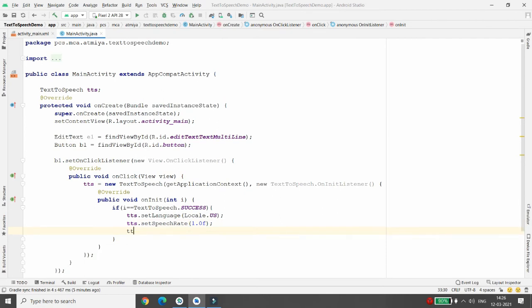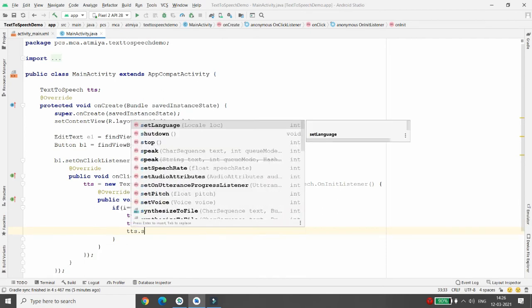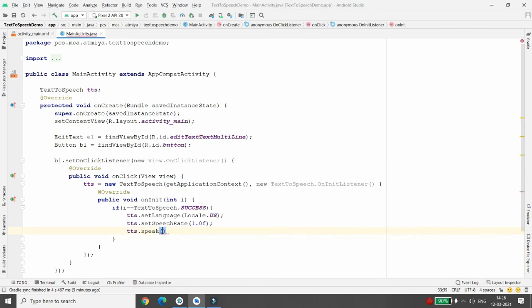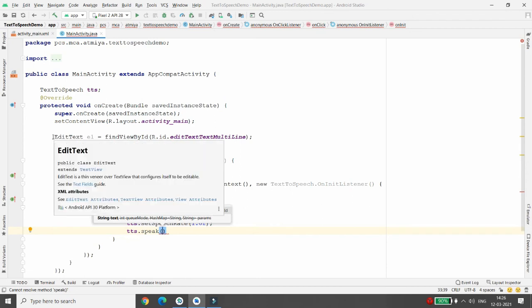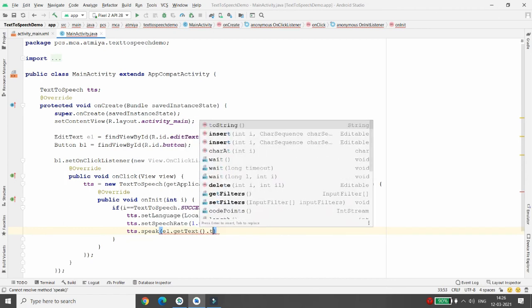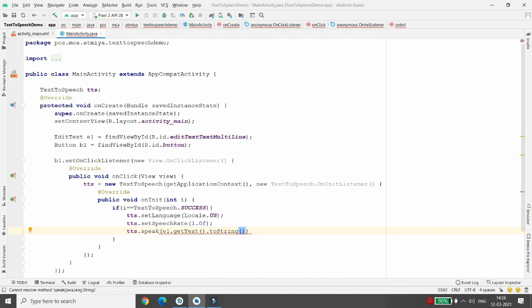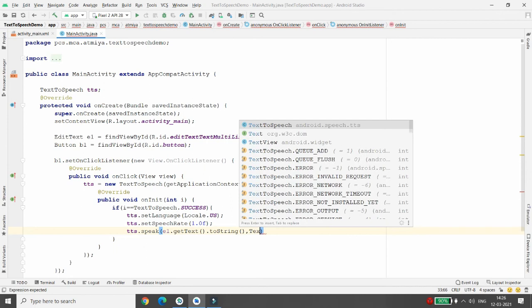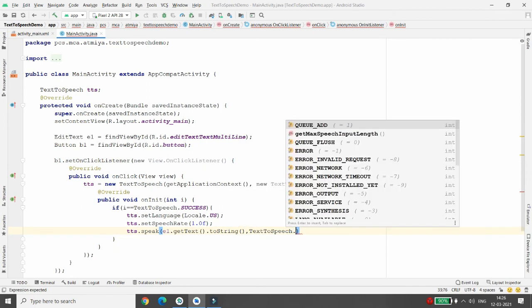Then you can simply call the function TextToSpeech.speak, and it has a number of arguments for what you want to speak. So here you can pass static text, or you can take the text from the edit text. So here we can write e1.getText().toString(), and the second argument is TextToSpeech dot what you want to do.